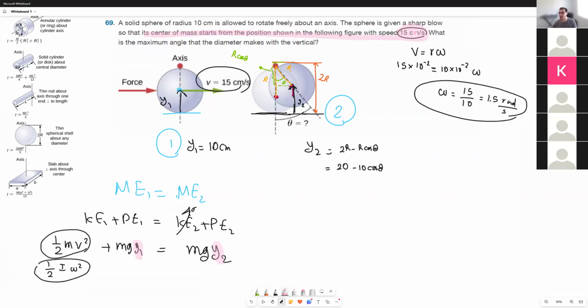If you do that for every particle, it gives you half I omega squared. That's how rotational kinetic energy saves you lots of complicated computation. So you're going to do half I omega squared plus